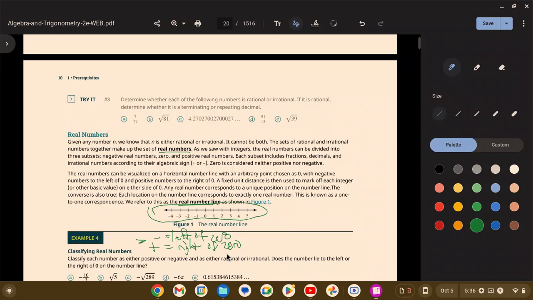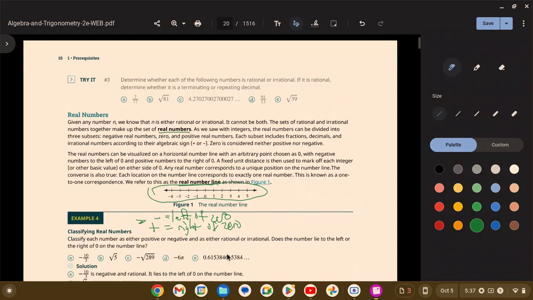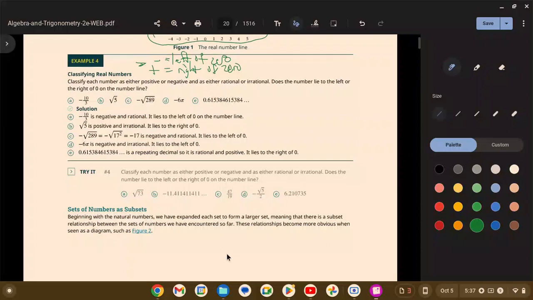And then B is irrational, C is irrational, both positive. Negative rational,